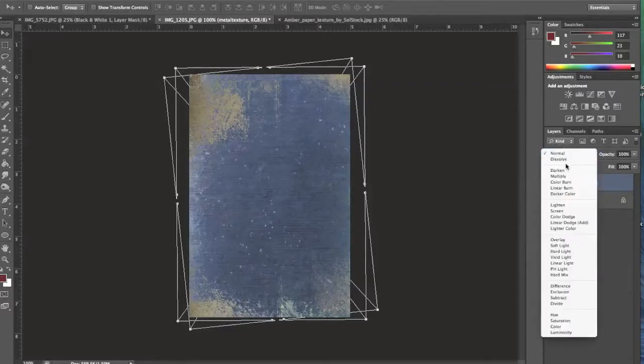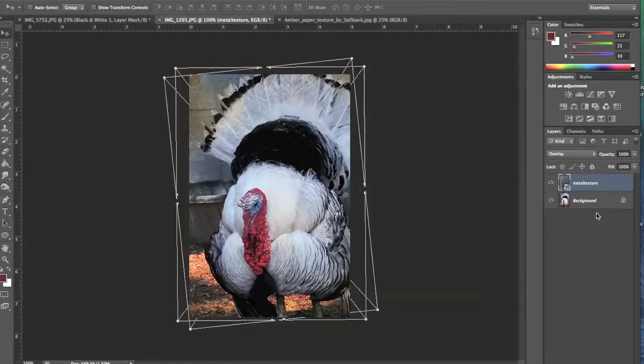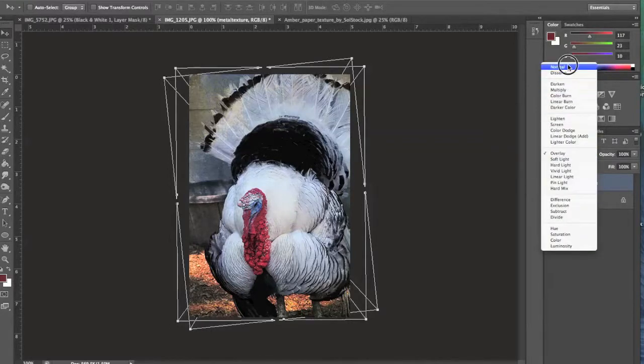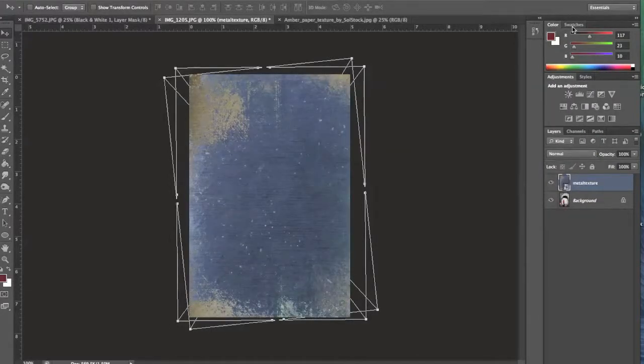The overlay blending mode is going to colorize my image, and it's also going to increase the saturation. Now, you may not be wanting to go for this kind of look. You may want more control over your textures. So this is why before you change your texture into the overlay blending mode,